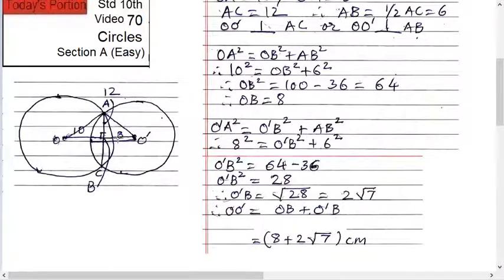OB is 8. Similarly the second one, O dash A square equals O dash B square plus